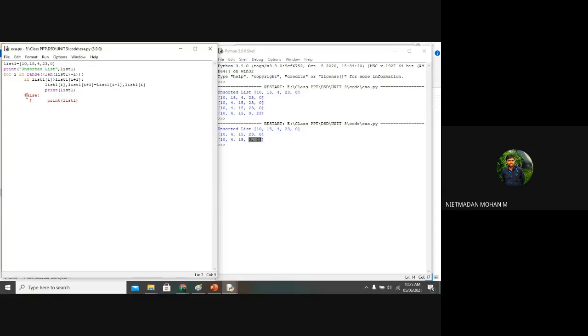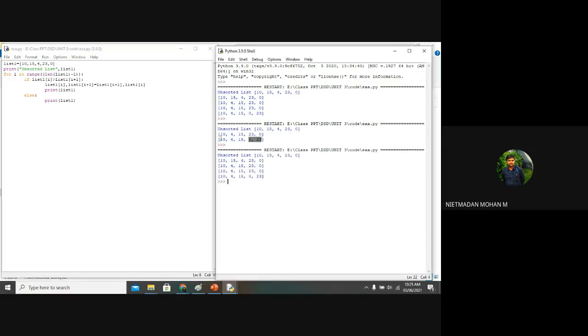So what we need in your program is a result whether the element has been interchanged or not interchanged. In that case, you go with an else statement and simply print list1. So you can see here the first list, 10, 4, 15, 23, 0, has appeared.